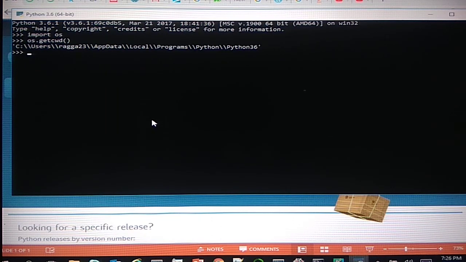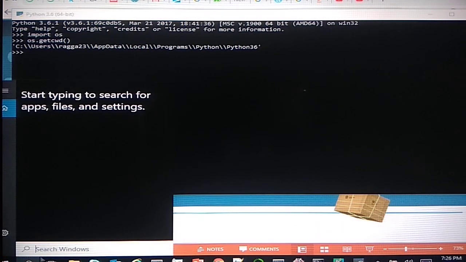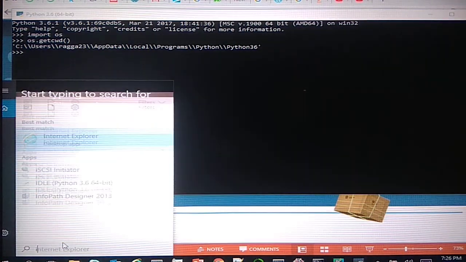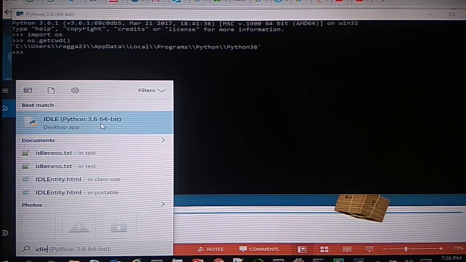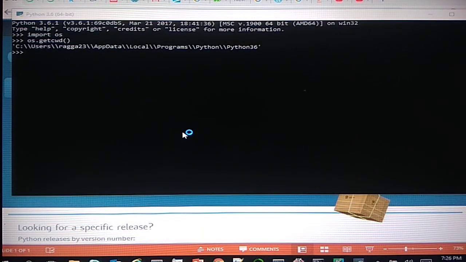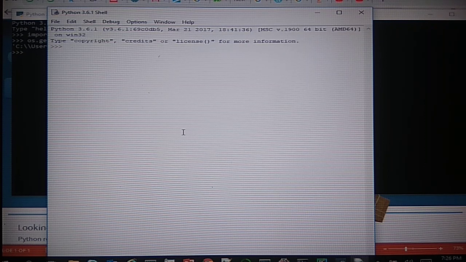So once you have the knowledge of the Python IDE, you can also use IDLE, which is another IDE available with Python. For that, you can simply go to the search again and type IDLE, and there you can see I have another app which is available with Python.